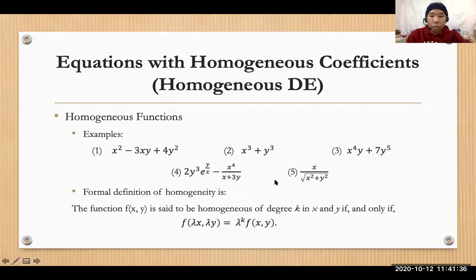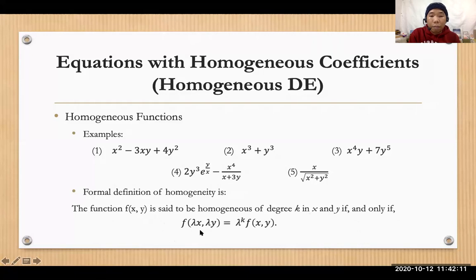But for the last 2 examples, you need to apply the homogeneity of a function. This formal definition will help us determine whether these functions are homogeneous, or to prove that these functions are really homogeneous functions. The formal definition of homogeneity states that the function f of x and y is said to be homogeneous of degree k in x and y if and only if the function